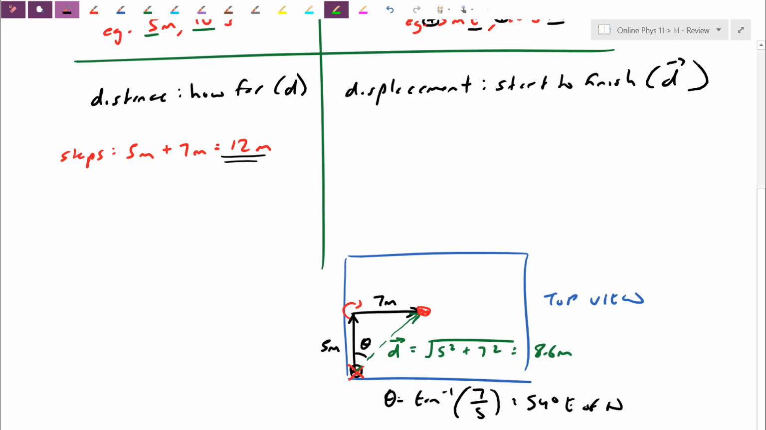So in terms of displacement, we saw we actually need to do the Pythagoras here. So he's actually 8.6 meters away. This is his displacement. This is how far he is away from his starting point. But the directionality part of it actually gives you, by the angle here, I could give you this angle, 54 degrees, or I may have actually walked 5 meters